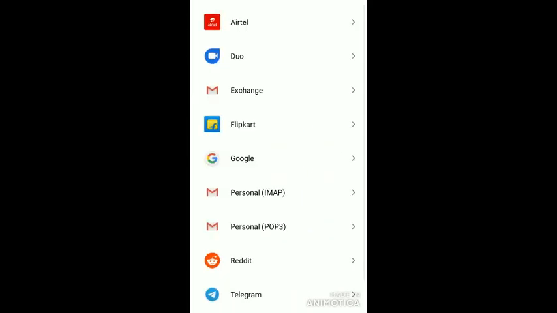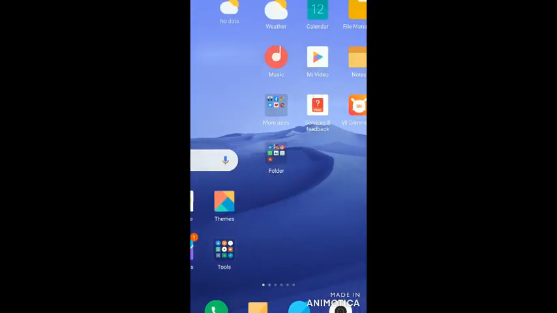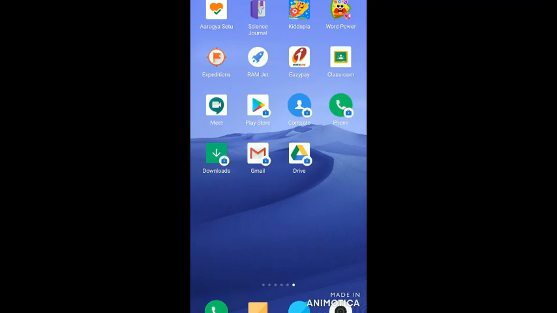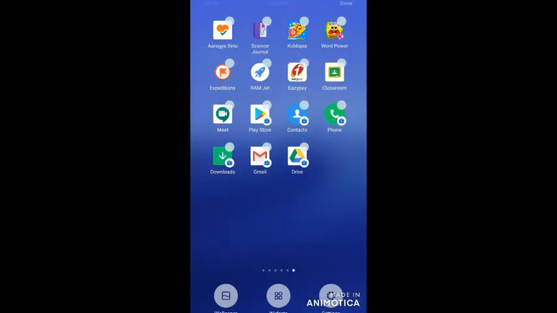This will take you to the accounts page. Now you can go to the home page and check whether all the apps got installed or not. Go to the end of your page. Now you can see apps with a briefcase badge. These are the apps which your student will be using for online classes and to access content.